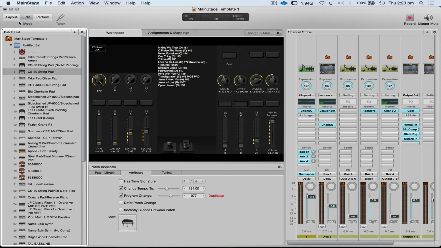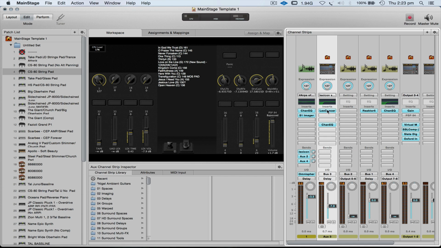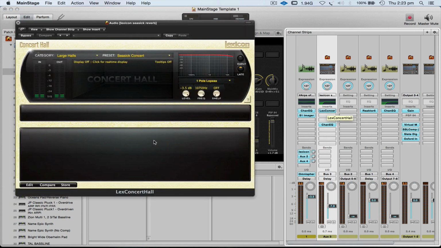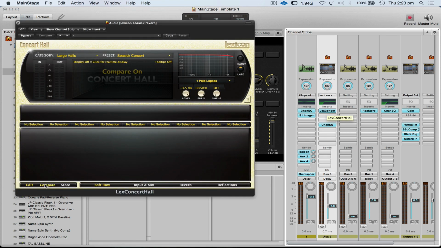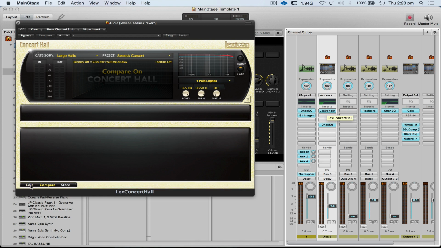So there you go, you can do it inside there without owning that plugin if you don't have it. One thing I forgot to mention is a lot of my patches will also go through my Lexicon reverb. So if I double click that, it'll show this, and that's awesome. It doesn't show; some of these plugins are really buggy,